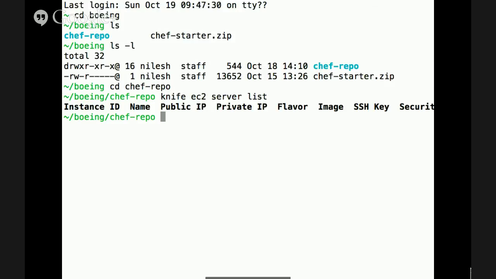Just remind me. So our idea is that we want to say all our cookbooks are available on the Chef server. Knife cookbook list should give us a list of all the cookbooks that the Chef server has, and yes, it does. Knife role list should give us the roles that we have, and there it is, the web role. So we have our role, and we have our cookbooks collection entirely available to the Chef server. The next logical step in the sequence is,